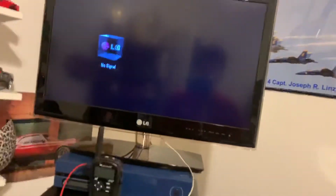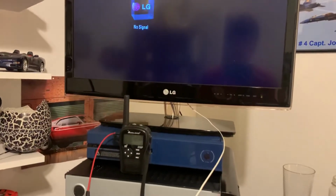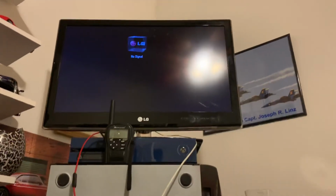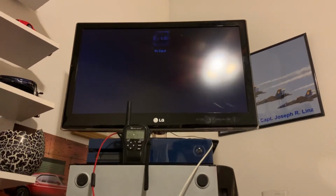Why am I using it as a storage server, and why am I using it to record weather radios? Well, let me explain. A lot of times when I go out of town, like go for a family vacation or just to travel out of town, even if it's for just the afternoon, when I know that there's going to be severe weather in the area, I want to be able to capture all of the weather notifications that come through the National Weather Service, and I'm not able to record the full recordings of the alerts at times when they come through